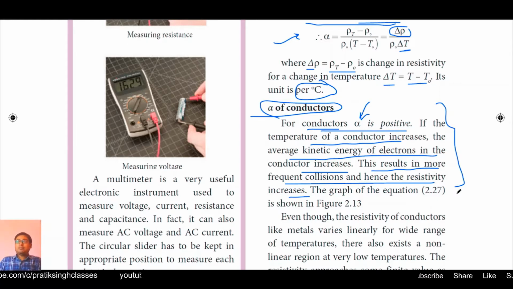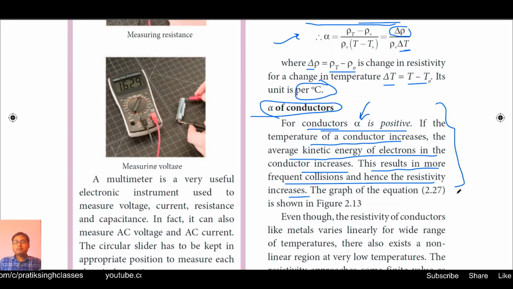In our previous video, I told you that when charges flow in any conductor, take suppose a copper wire, the electrons which flow will be the free electrons in the vicinity. When they move from one position to another, they will collide with other atoms or other electrons. Because of those collisions, a resistivity in their motion will develop.